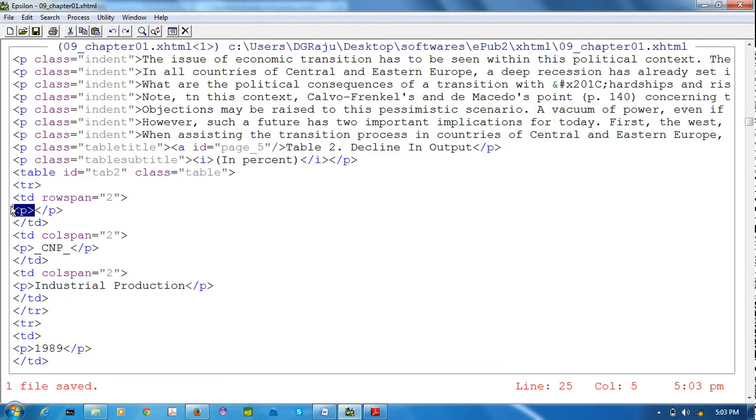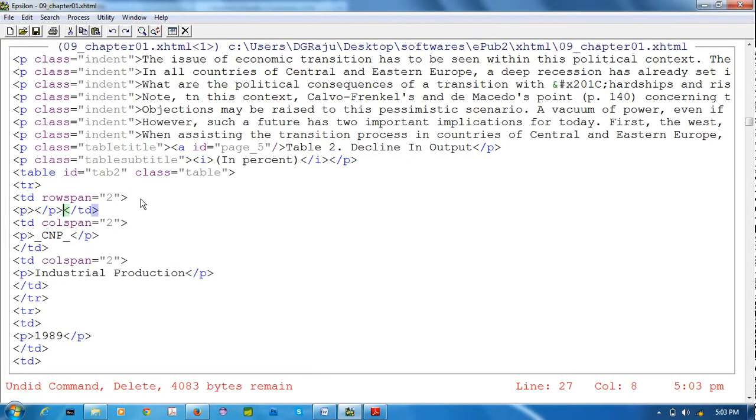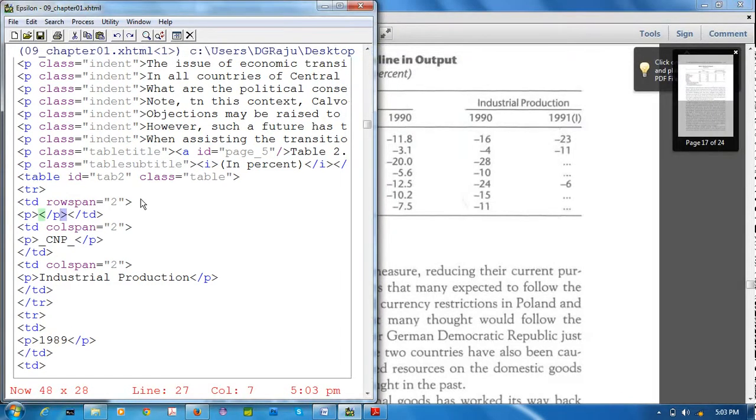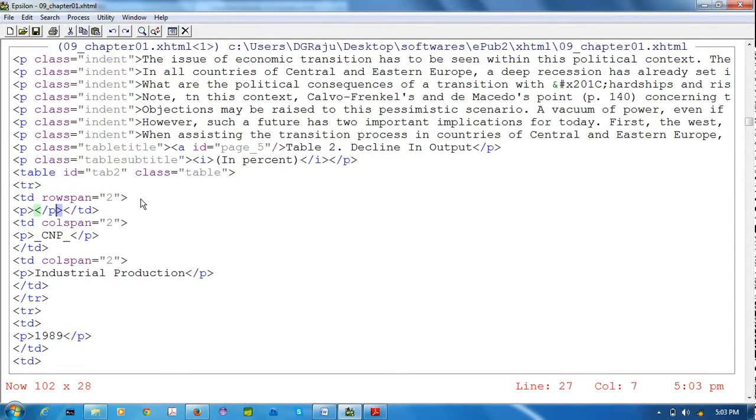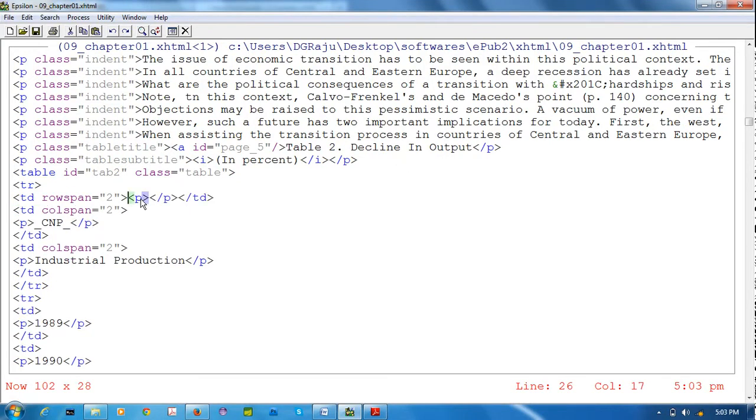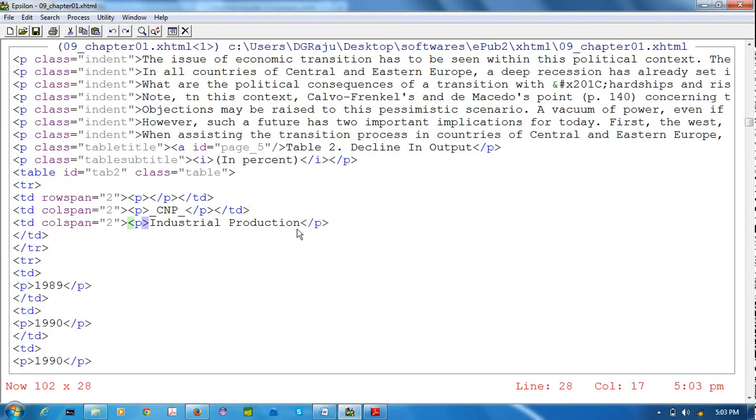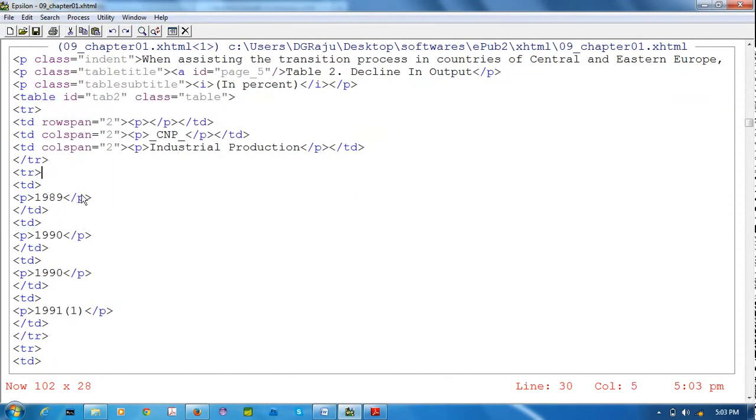and it has paragraphs in separate ways. Actually, from here to here single row, here to here single row. Yeah, it has 3 columns like that.